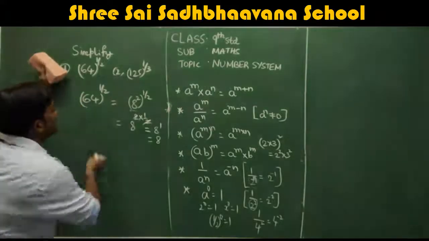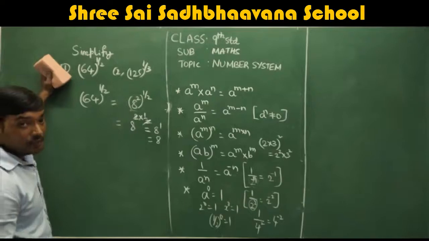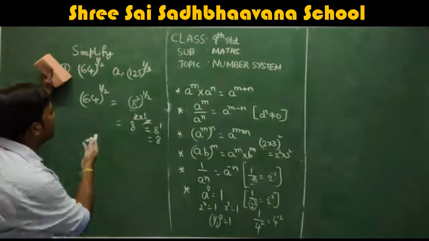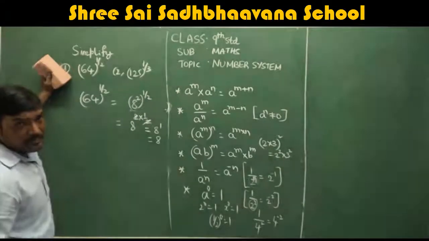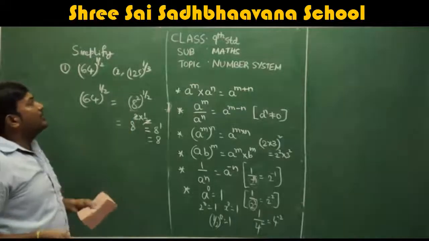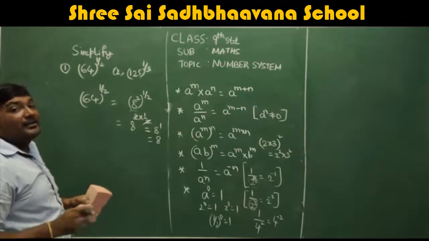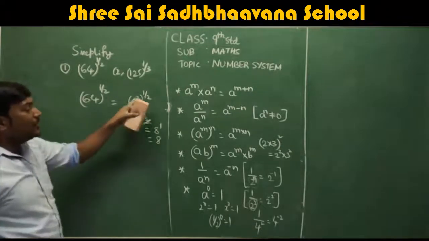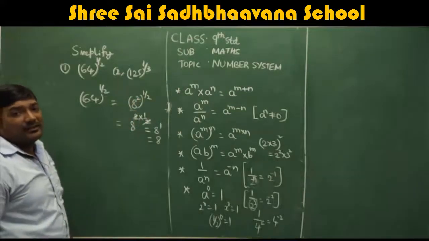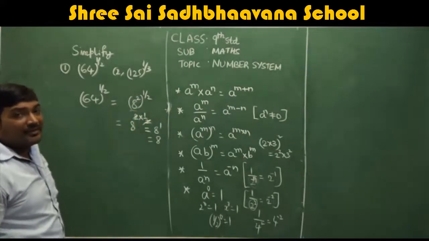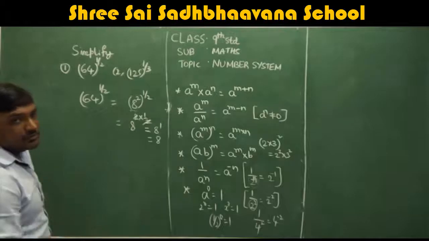So, you will get a doubt, sir, why can't we write in 2 power? Yes, you can write in 2 power also. Correct. 2 power how much will it become? 2 power 6 it will become. Correct. So, 2 power 6 whole power 1 by 2 also you can write. But you cannot cancel the terms. You will not get 2 and 2, you will get 6 and 2. Again, you have to do one more step.